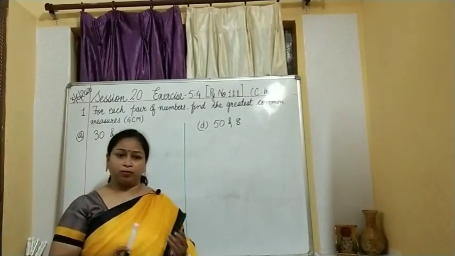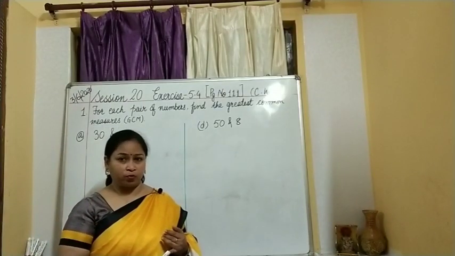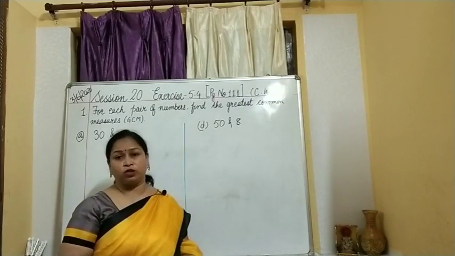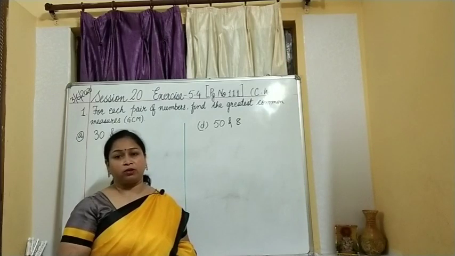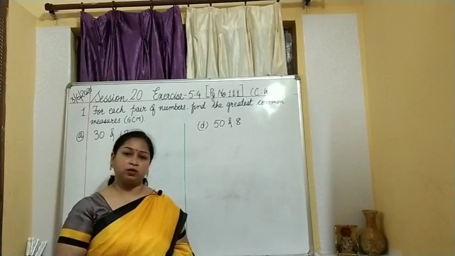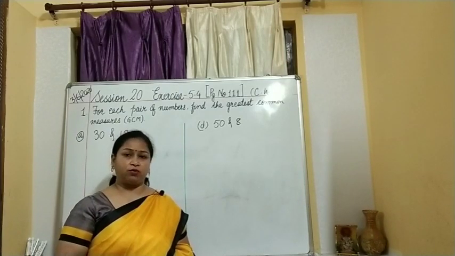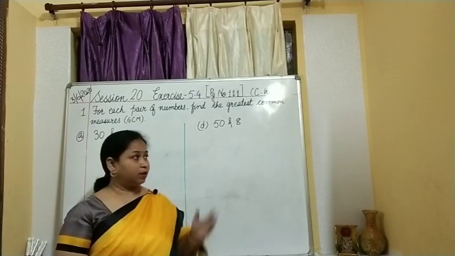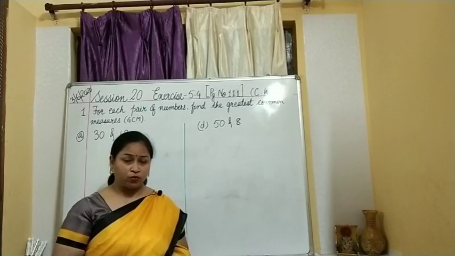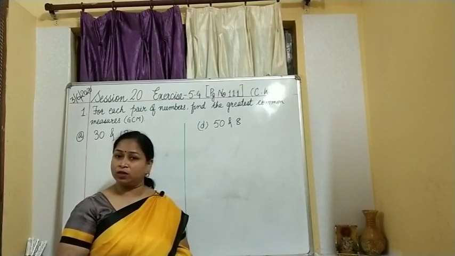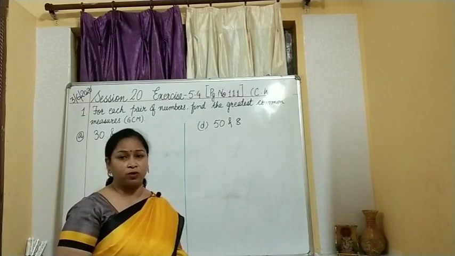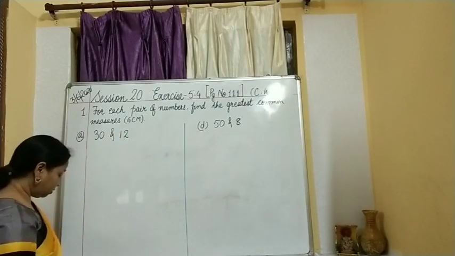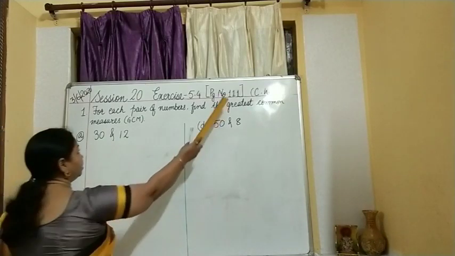So children, we have done exercise 5.3. I have shown only 3 questions. I know that there are more questions to be done. Okay, so I hope whatever method I taught is clear to you. So you have to apply the same method and you can complete the work. Okay. Then moving on to exercise 5.4, I was just now talking about HCF or GCM. It is otherwise known as GCM. Okay, so this is exercise 5.4 given on page number 111.